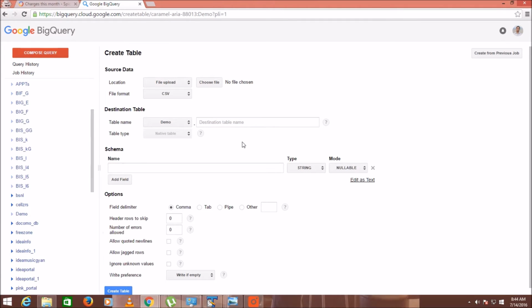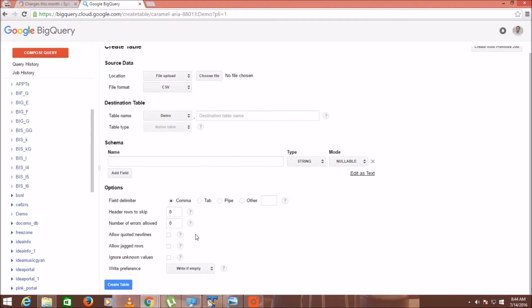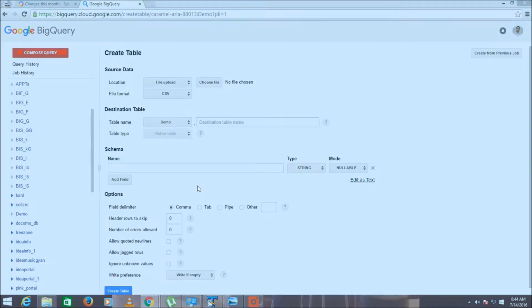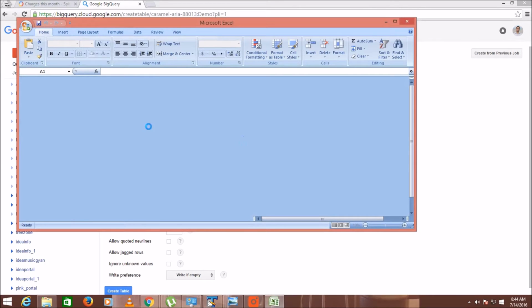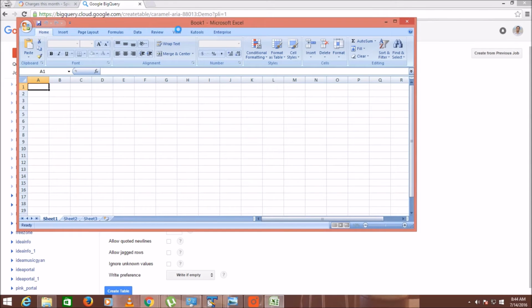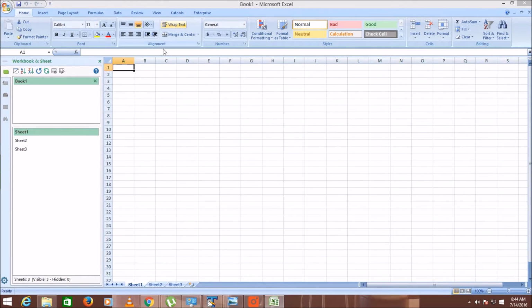Click on the plus sign, and friends, here is the interface which Google BigQuery provides you. By using these functions you can upload the data in your data set. So let's create a demo data. Suppose I have 3 columns: date, name, age.